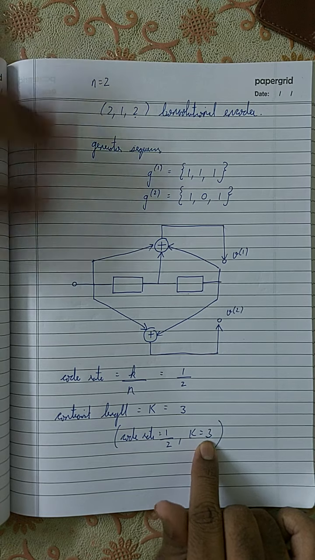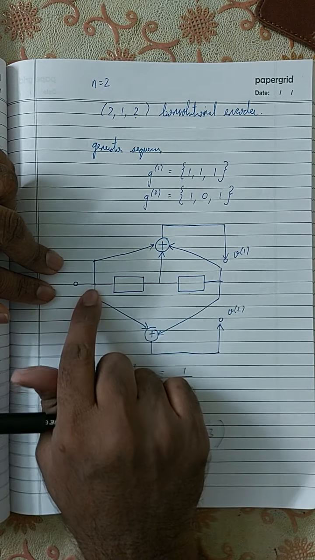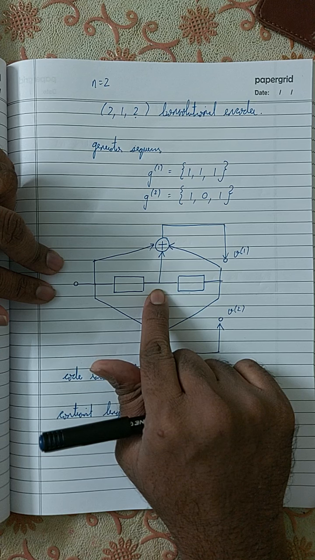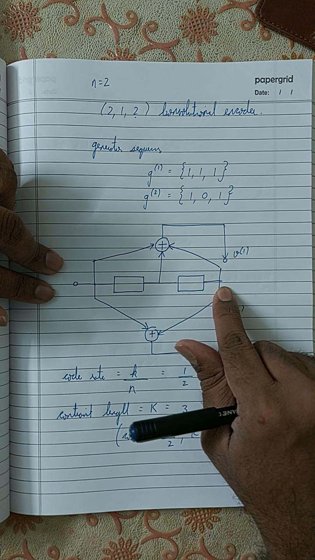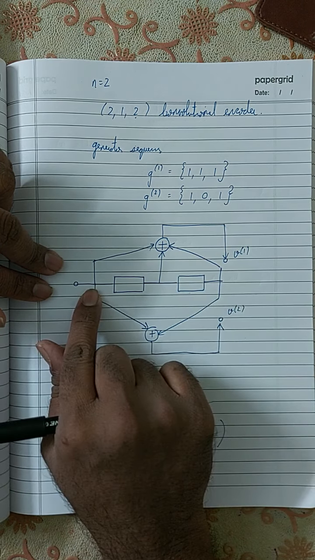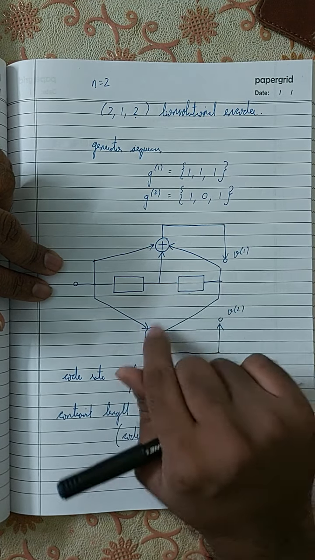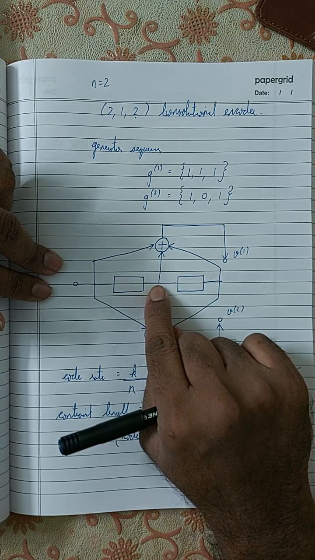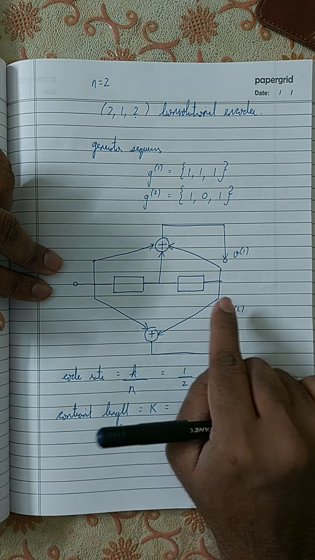K is equal to 3 means the number of versions of the input. You see, this is the input's current version, right? This is the present input value. This is the input value after it is being shifted once. This is the input value after it is being shifted twice. So how many times is it being shifted? It is being shifted 2 times, right? This is the present input, and these are the previous 2 input values. The previous input has been shifted once, and the other previous input has been shifted twice. So that is why we say that